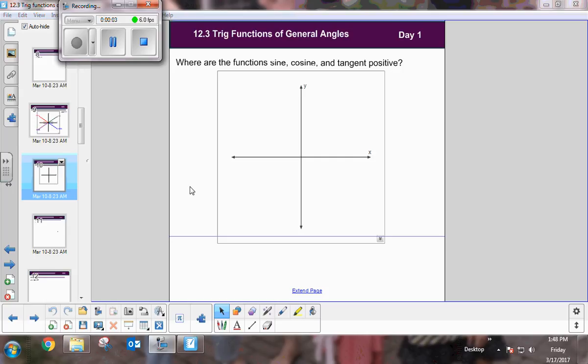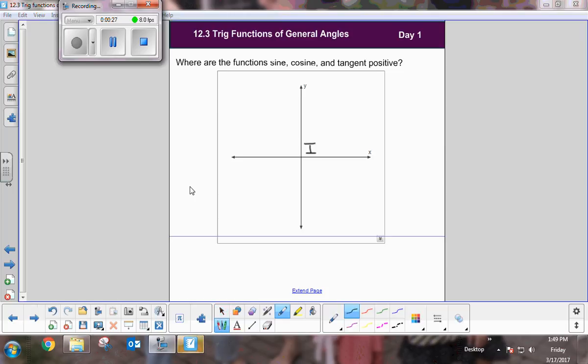Okay, so we're going to pick up where we left off on 12.3. And just as a little review, we actually did this on the first day. So where are the functions of sine, cosine, and tangent positive? Okay, so if you remember, we had a little acronym, all students take calculus, and we'll review again why that's